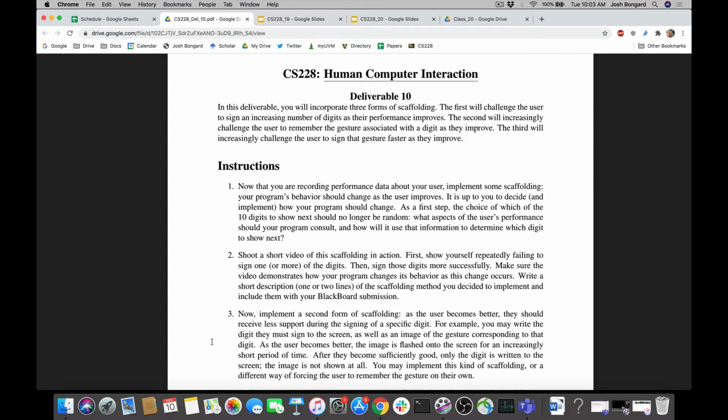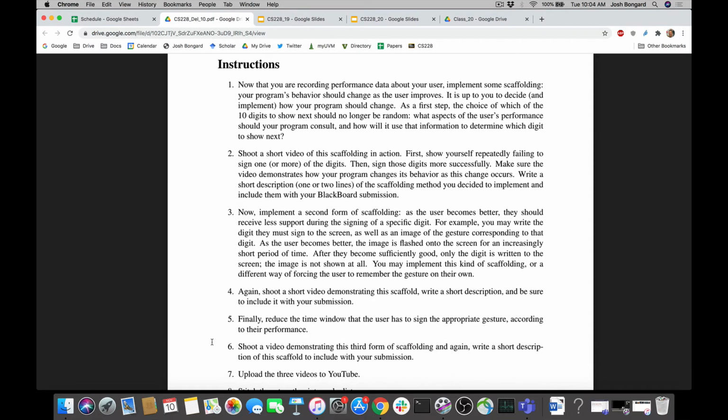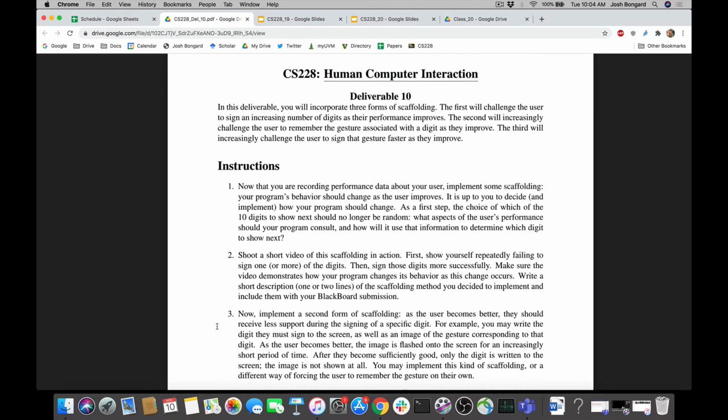And the third and final scaffold will increasingly challenge the user to sign that gesture faster as they improve. So once they see the digit 4, we want them to be able to sign that digit as quickly as possible. Okay, so that's deliverable 10, which as usual will be due next Monday, and the following Tuesday, next Tuesday,